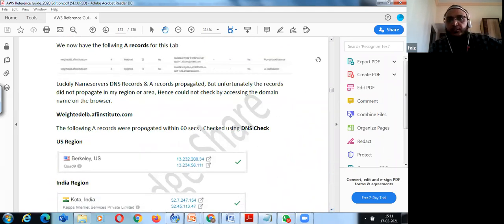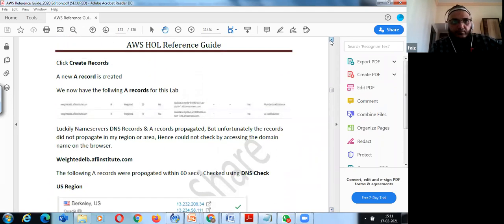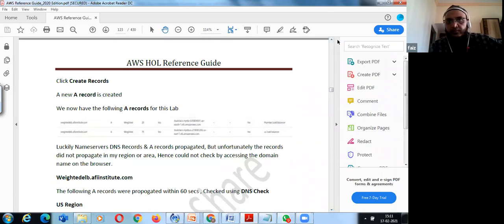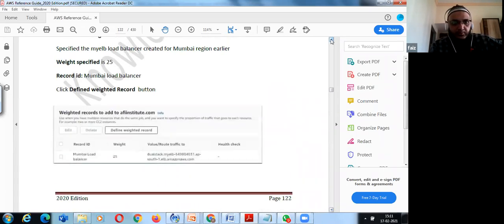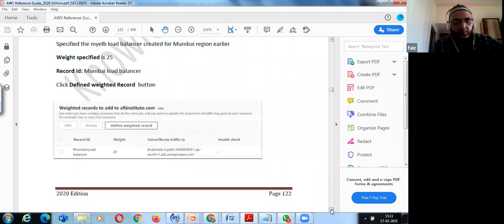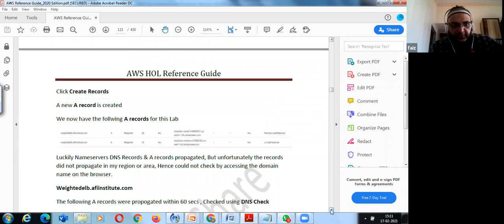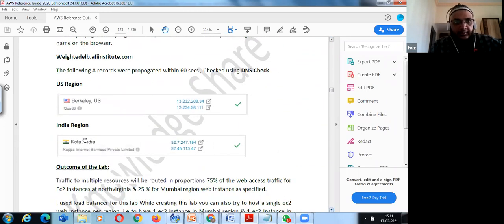So if you see over here, I defined weighted records, because as I told you, it was propagating my records everywhere, but not on the US NS record, on my Mumbai region.